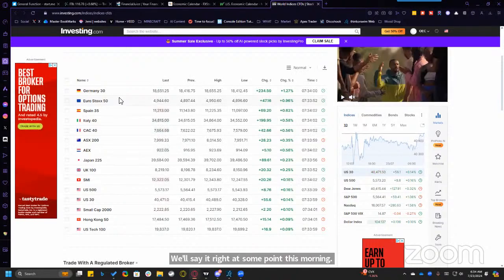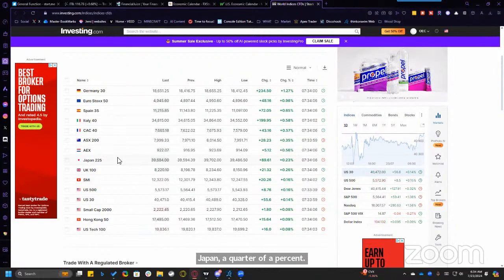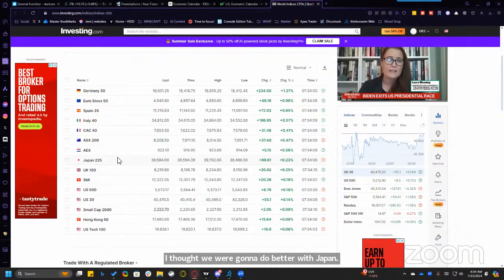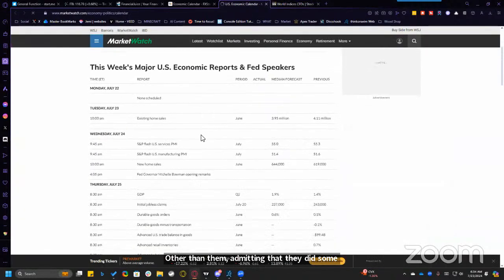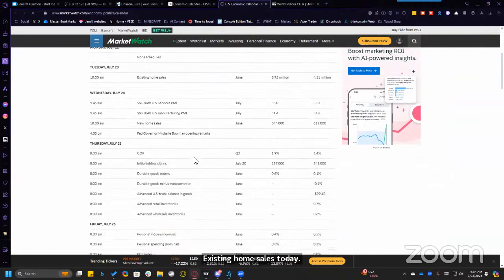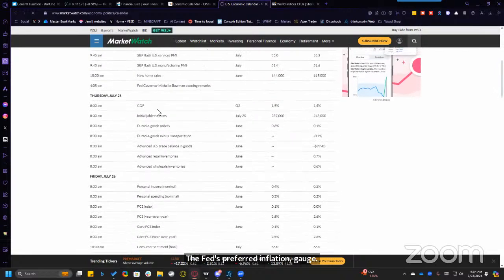Japan, 0.25%. I thought we were going to do better with Japan this week, but other than them admitting that they did some intervention, we haven't really gotten anything out of them. Existing home sales today, again, we really don't have much until later in the week, and even later in the week. I mean, it's just the Fed's preferred inflation gauge. Yeah. Other than that,